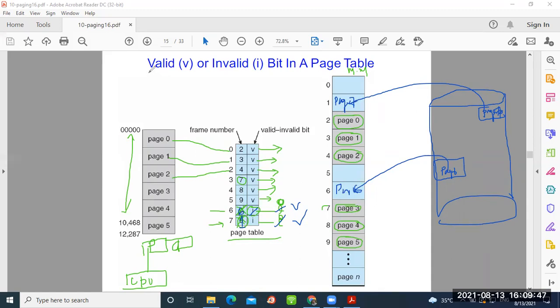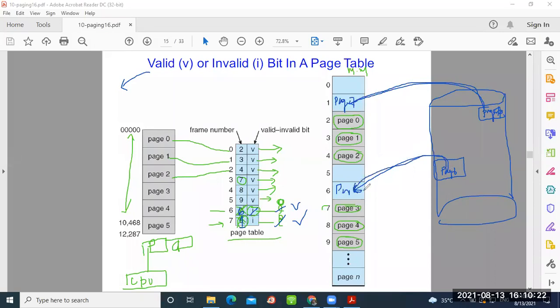Because this concept is used in virtual memory, where we are going to use demand paging. There is a concept called demand paging. When there is demand paging, that means the page is in demand. Now what is required? If the process requires page 6, what will happen? You are not going to find the location of page 6. So what do you have to do? Now I have to bring back this page from the secondary memory to the primary memory. Secondary memory से primary memory में store करना है.